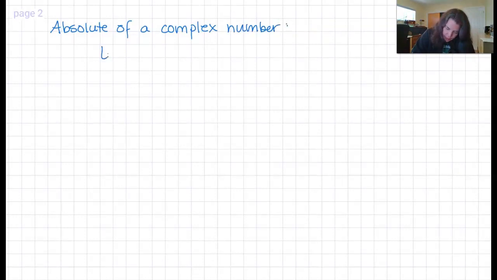So we're going to let z, I don't know why, that's a funny looking z. Z is often used to represent a complex number. Doesn't have to be, but it's just often used. Kind of like x's are often a variable that represents some unknown. Anyway, we're going to let z equal a plus bi, then the absolute value of z equals,